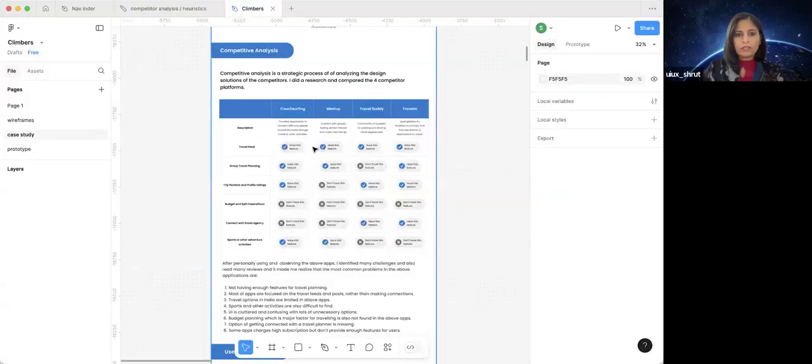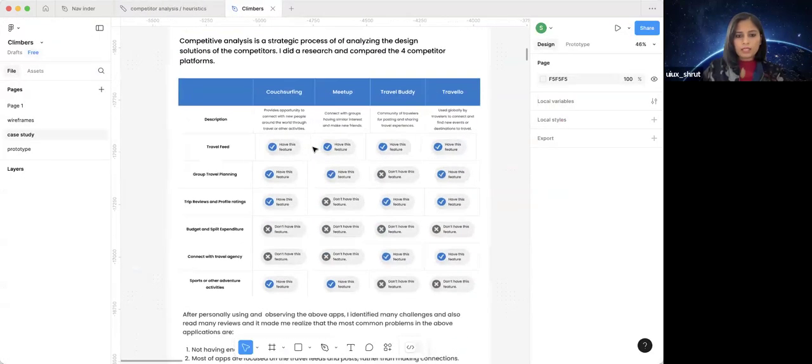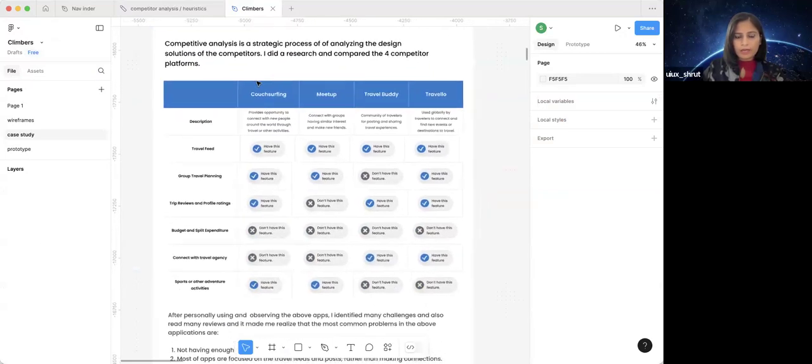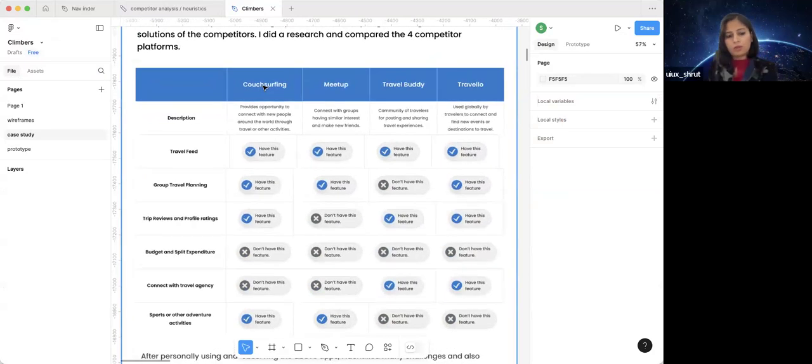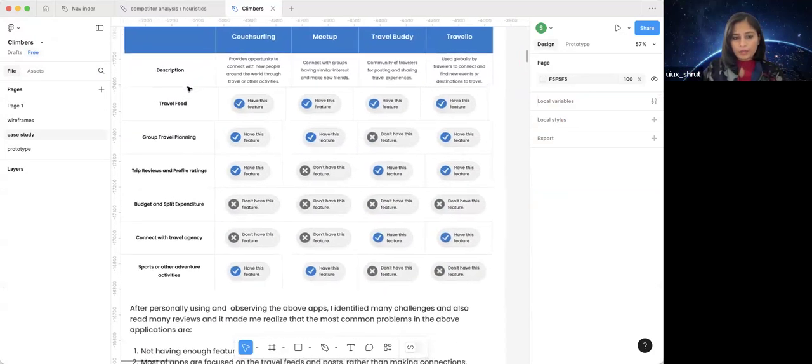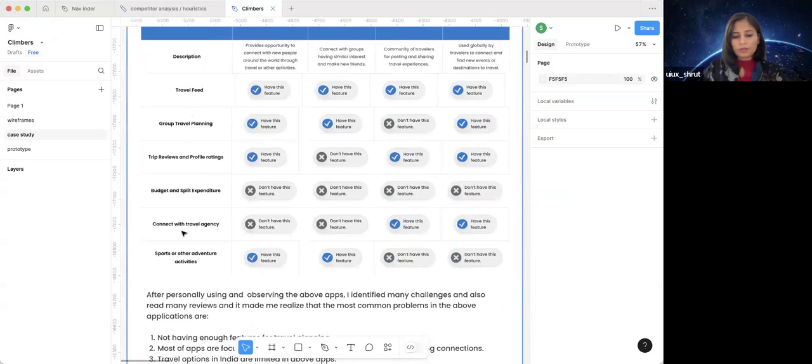So you see, this is another way of doing a competitor analysis. So you write down all the names of the competitors, and you can describe them, and then over here you write down all their unique value propositions in this point, and in between over here you just